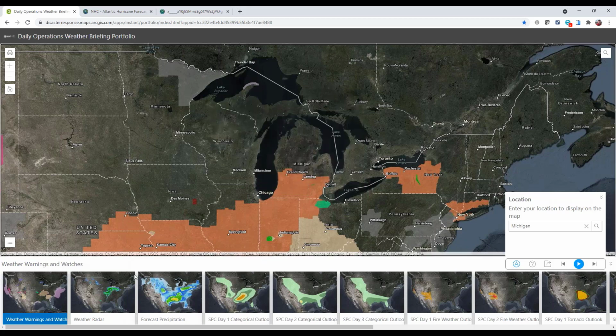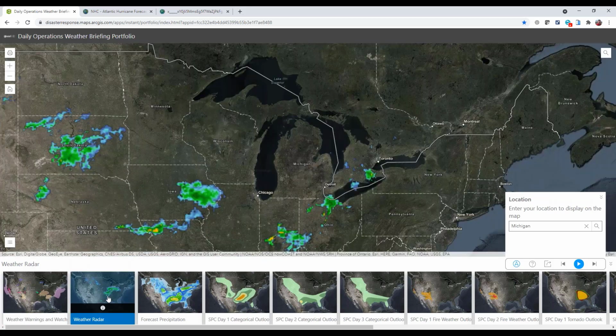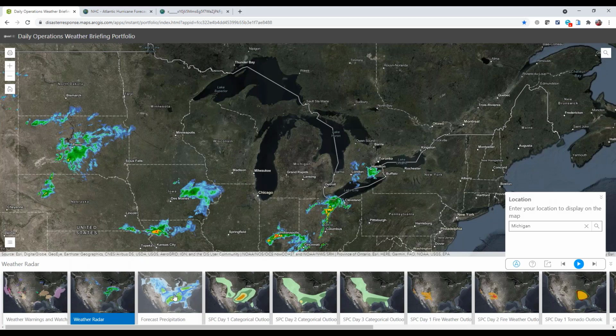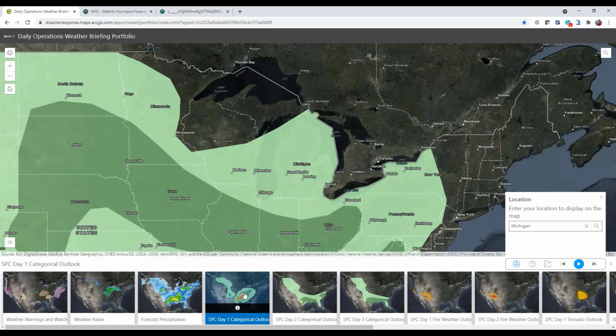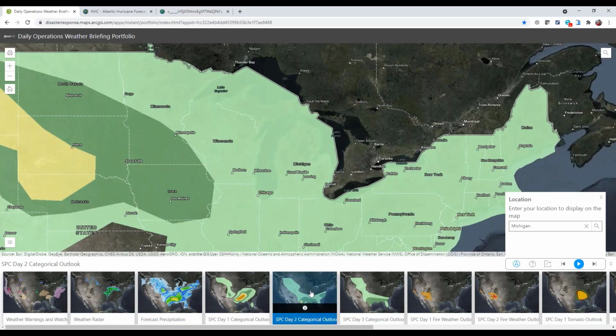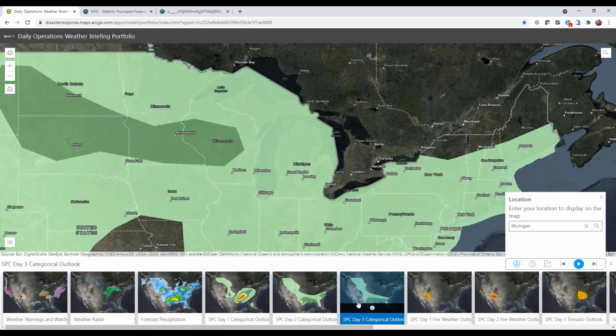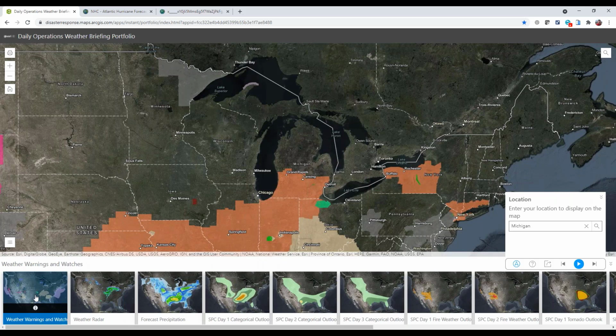We can see the heat advisory there, but now the extent of the ensuing maps are locked to that location, and now I can get a more zoomed in or detailed view of that particular area as we're going through things from a briefing perspective. Furthermore, this leverages all the information that's set up in the item details page from an ArcGIS Online perspective.